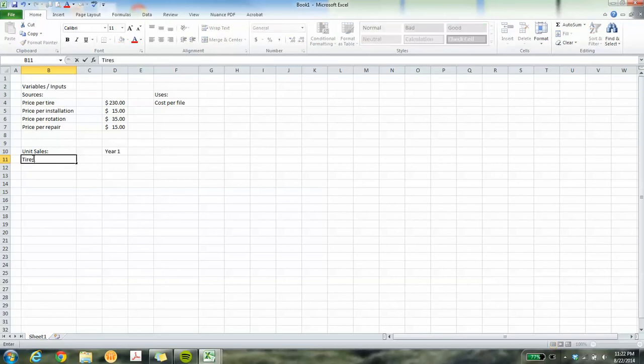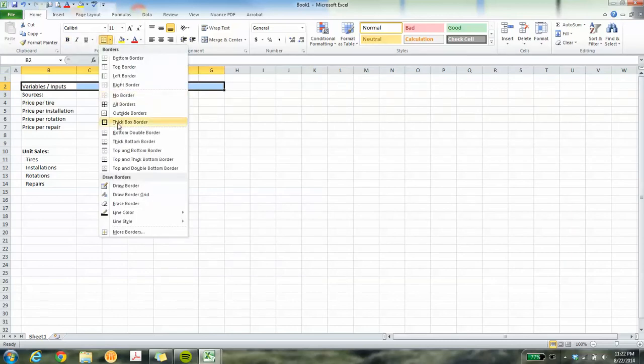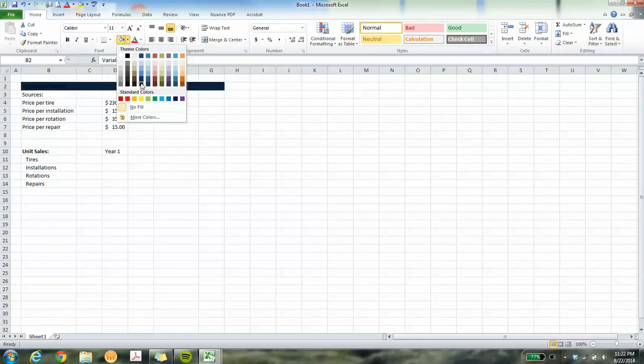And we had tires, we had installations, we have rotations, and we have repairs. And like I said, I'm going to do these stupid indents, and you might make fun of me for it, but I just like the way it looks. I'm going to actually bold unit sales, and up top here with variables, I don't want to put the border on there yet, but I'm going to make this a dark blue with a white, actually I can go a little bit darker,